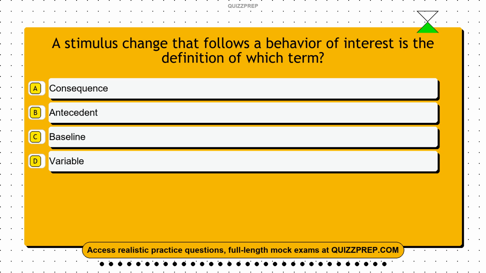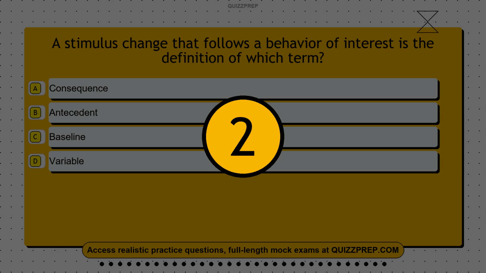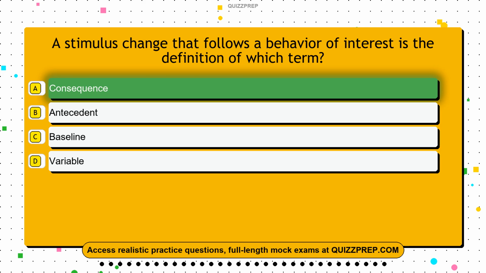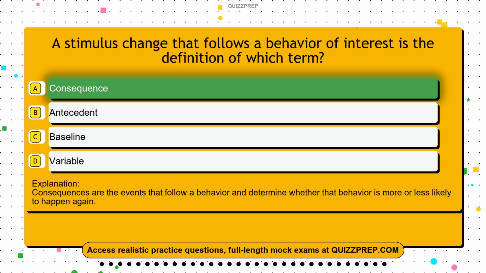Question 29. A stimulus change that follows a behavior of interest is the definition of which term? Option A, consequence. Option B, antecedent. Option C, baseline. Option D, variable. The correct answer is option A, consequence. Consequences are the events that follow a behavior and determine whether that behavior is more or less likely to happen